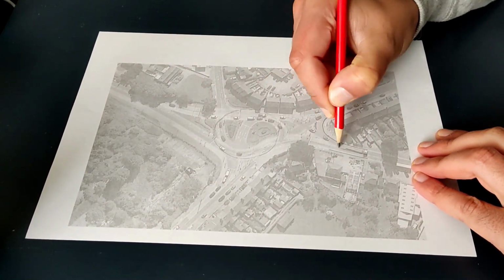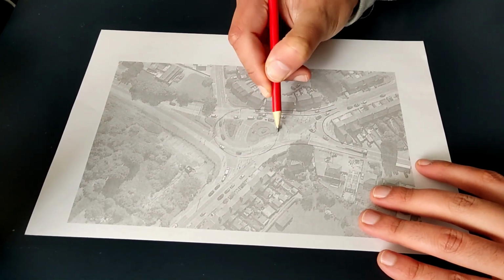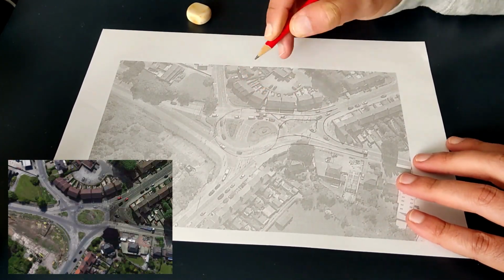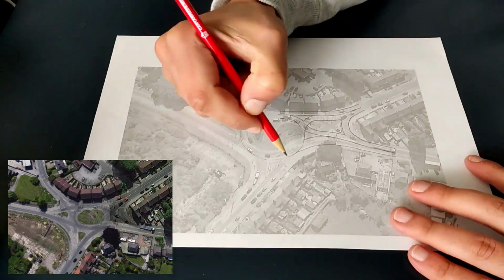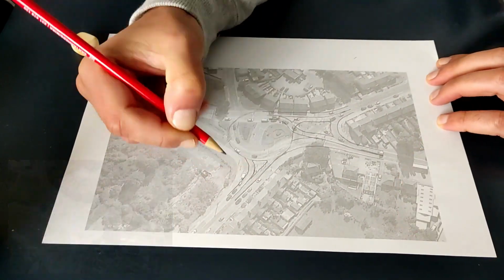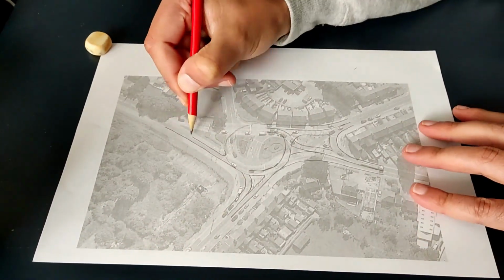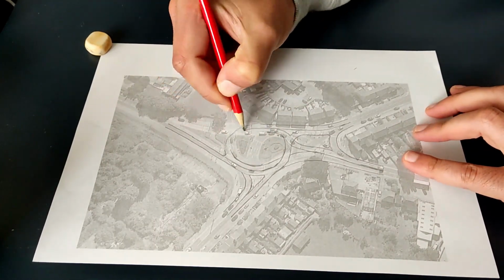So I went to get a sheet of paper with an aerial image of the junction and started drawing a new roundabout. There was a roundabout there before the junction was remodeled, but it did not work well, perhaps because it had a small diameter and had many 90-degree conflict angles. Implementing a roundabout at the intersection of 5 roads with non-converging angles at a single point is not an easy